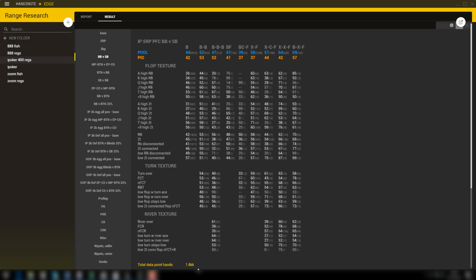For my large PokerStars Zoom database though, which is around a 20 million hand database, I was able to work with a total of 120 million data point hands with no performance loss at all. I spoke about the concept of data point hands in the Holdem Manager tutorial, but for those of you who skipped that,